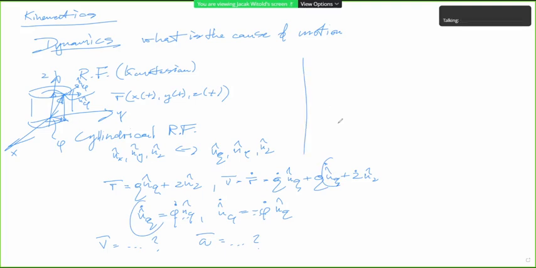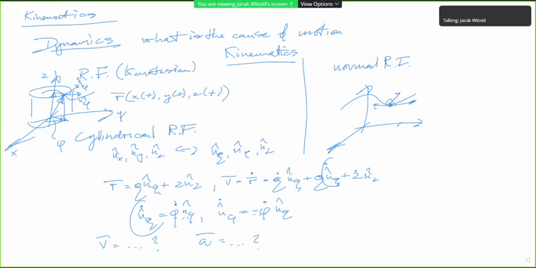Then we have also considered, this review I'm doing especially for the second group, which didn't participate in the kinematics considerations for the Polish-speaking group, we also considered the normal reference frame, with the following consideration, that this is the way to describe motion within the reference frame which is sliding on the trajectory. So we would have three mutually perpendicular axes, but they would be defined in such a way that